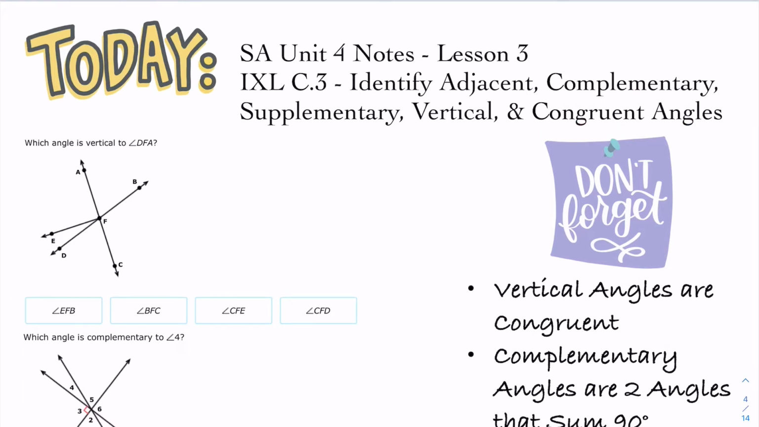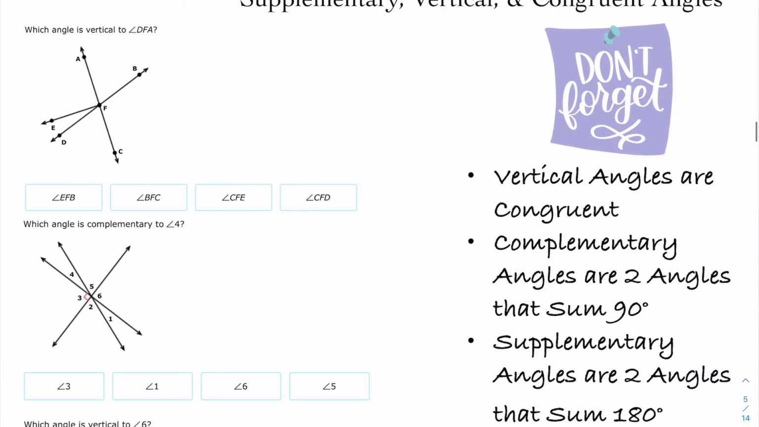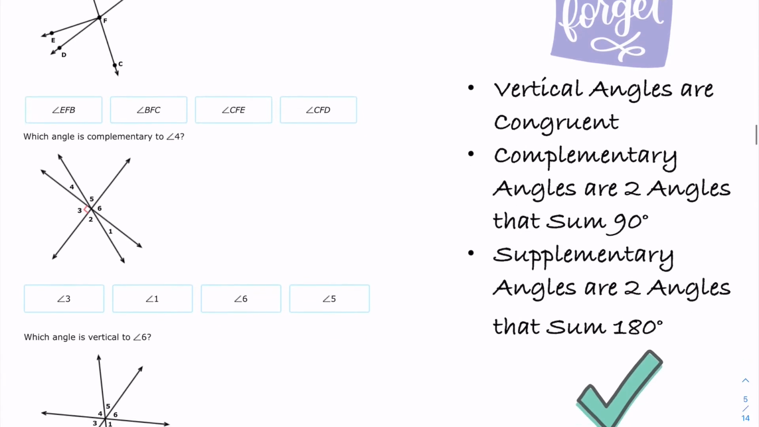So there's a lot going on here, but let's just recall a couple of things. Complementary angles, so it's two of them. It's when two, not three, not four, not one, but two angles add up to 90 degrees. Supplementary, again, are two angles, not three, not four, not one, but a pair of angles that add up to